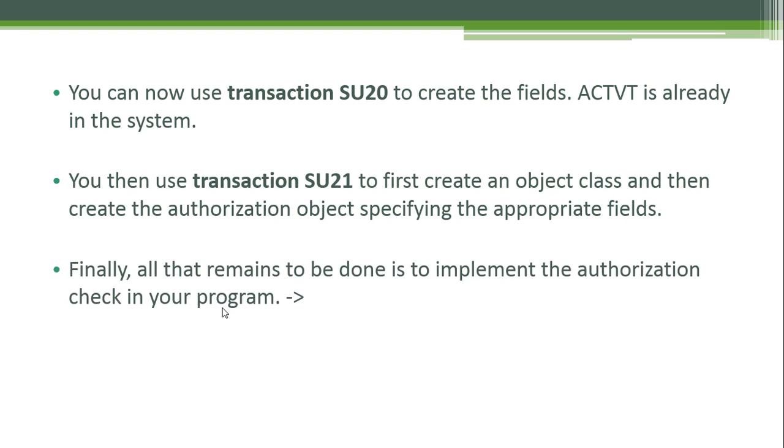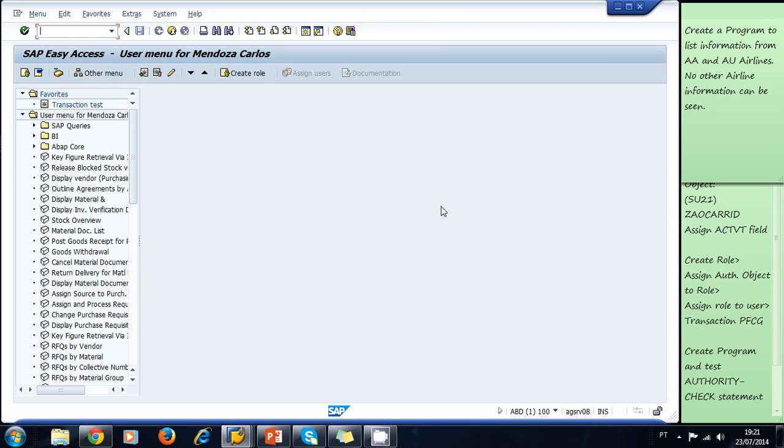Finally, all that remains to be done is to implement the authorization check in your program. So, let's practice an example of an authorization object inside the SAP system. Basically, we have to create a program to list information from AA and AU airlines. No other airline information can be seen. In order to accomplish that requirement, we need to create authorization objects, fields, roles, and then we create the program to test the